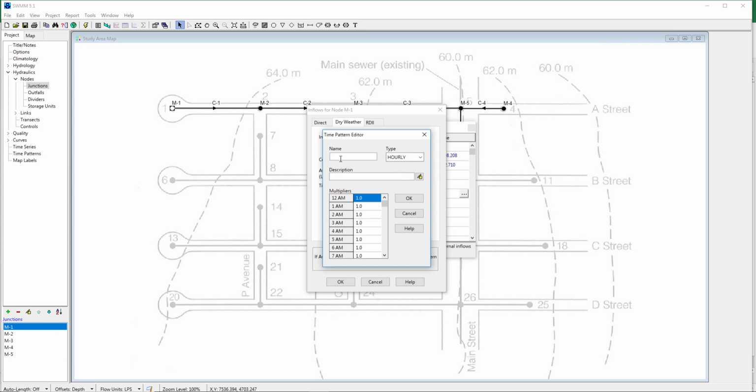We can just name it pattern 1, for example, and I'm just going to put random values here, because I want to let you do the rest of the stuff yourself. So for example here from 12 a.m. to say 5 a.m. I will just put